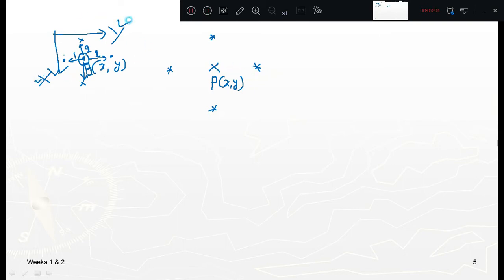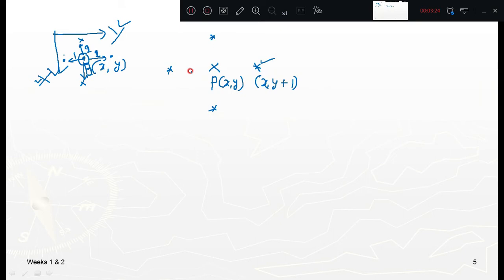Now if I am going with a coordinate like this, with the x-axis and y-axis, when you are pointing to this pixel, along which direction are you moving? Along the y-axis. Which means x is constant. So what will you get here? x comma y plus 1. What is the coordinate of this one? x comma y plus 1.